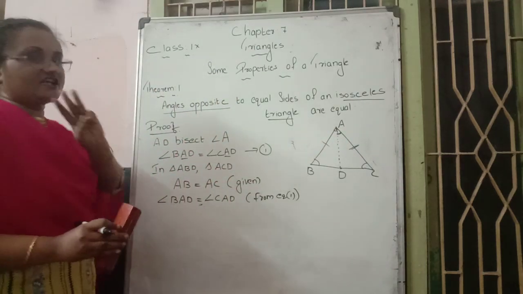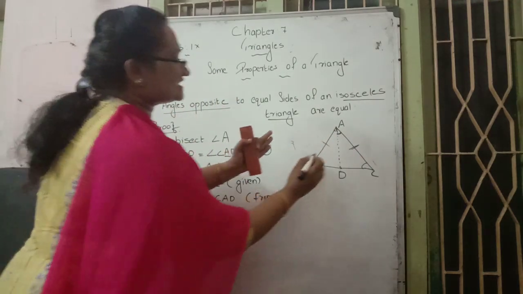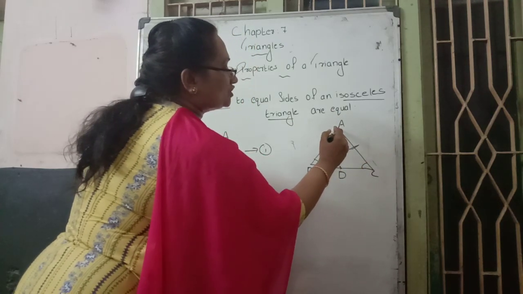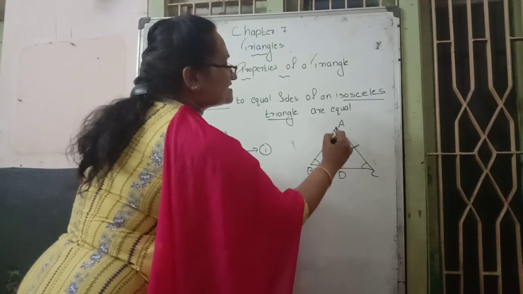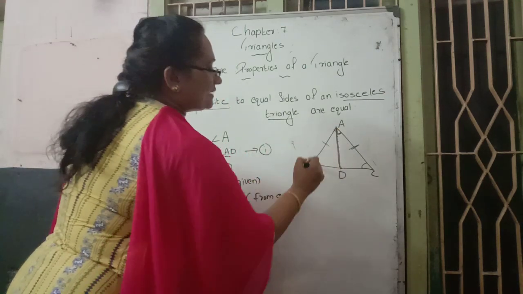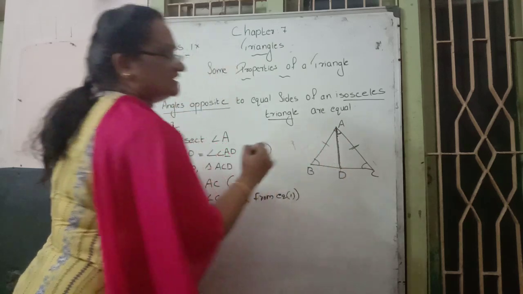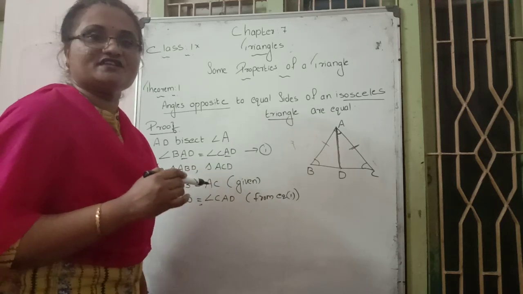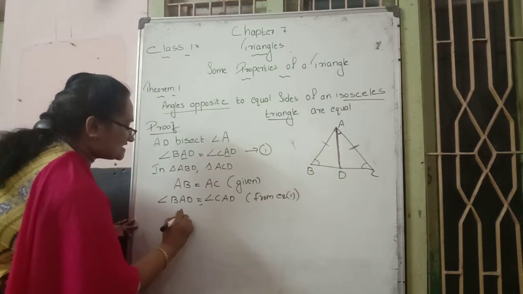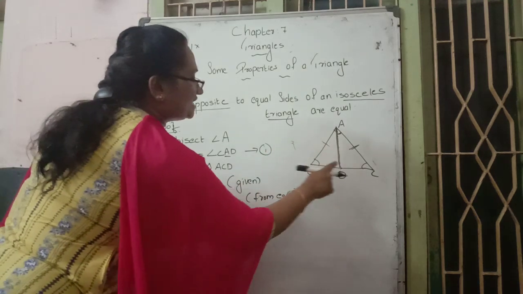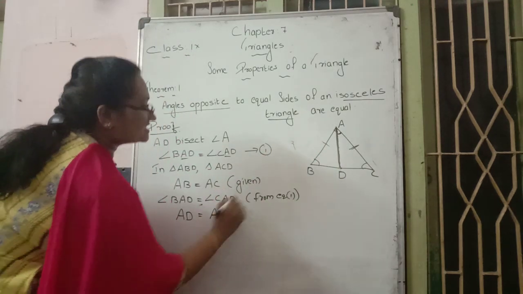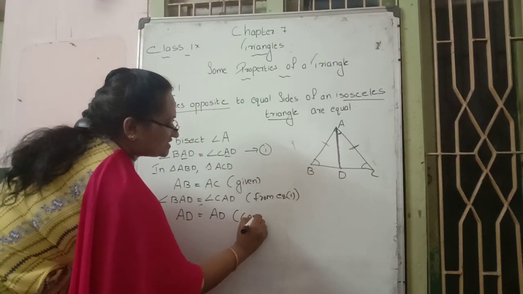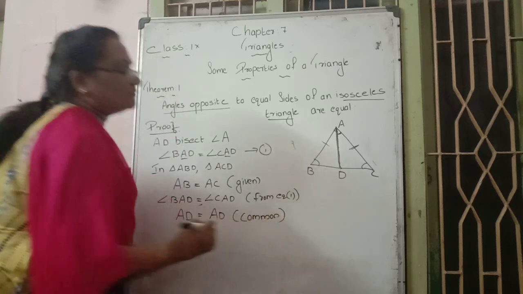We need one more condition, three in total. What can we say for the third condition? In these two triangles, which side is included in both? Side AD is included in both triangles. Considering triangle ABD, side AD is there. Considering triangle ACD, side AD is also included. So we can say AD is included in the first triangle ABD and the same AD is included in the second triangle ACD. Side AD is common to both triangles.